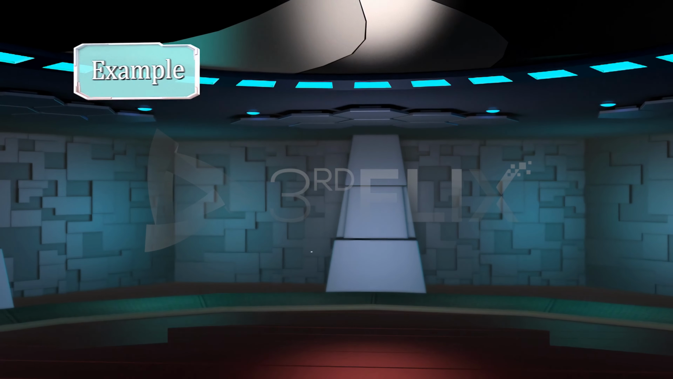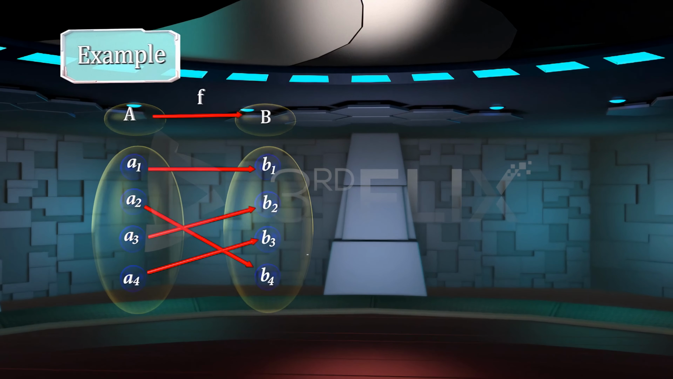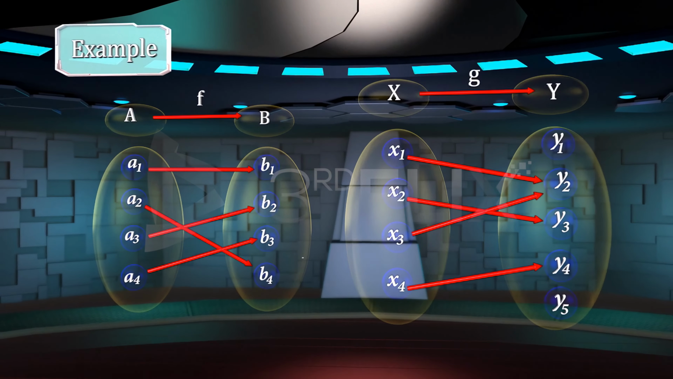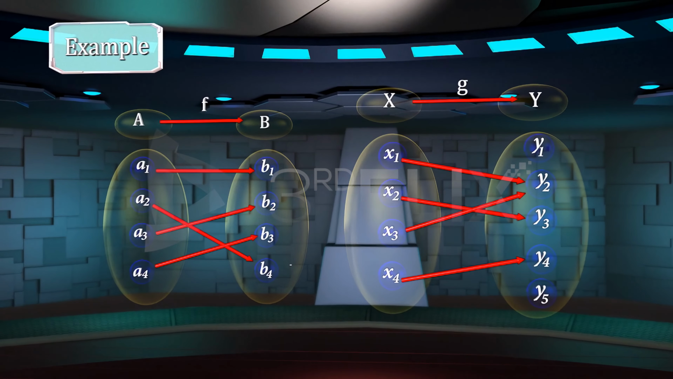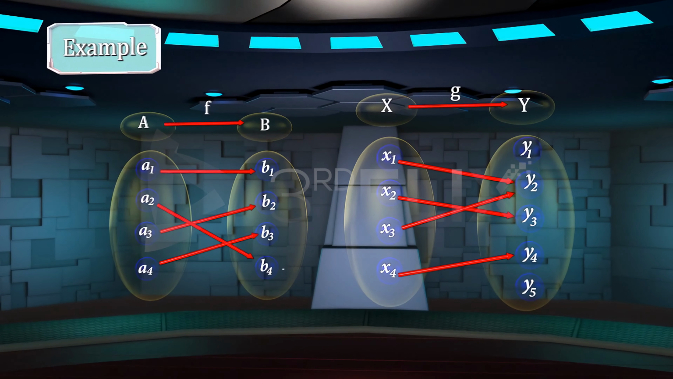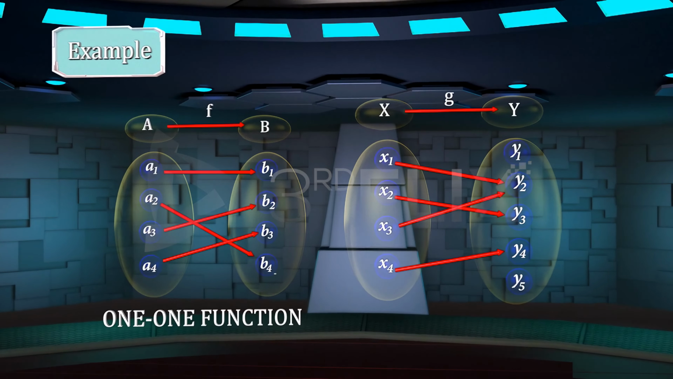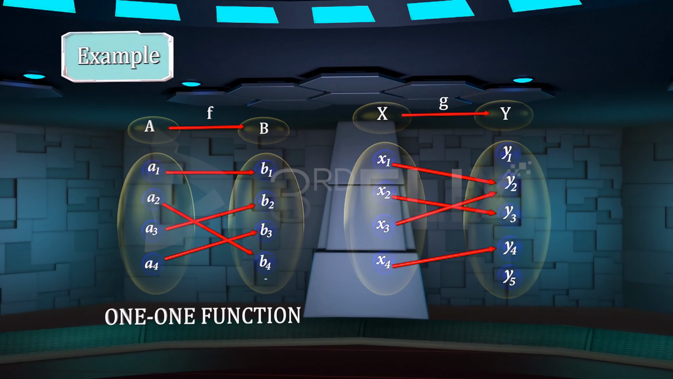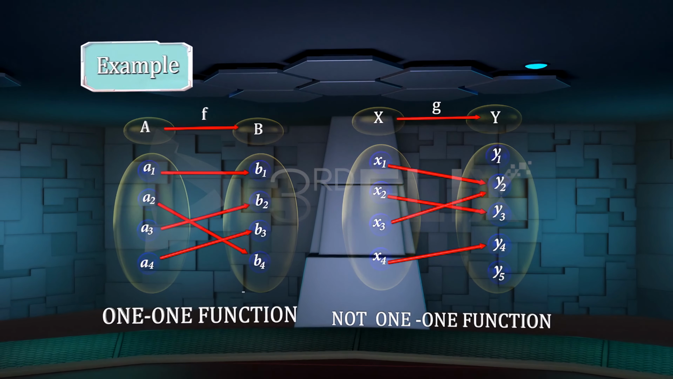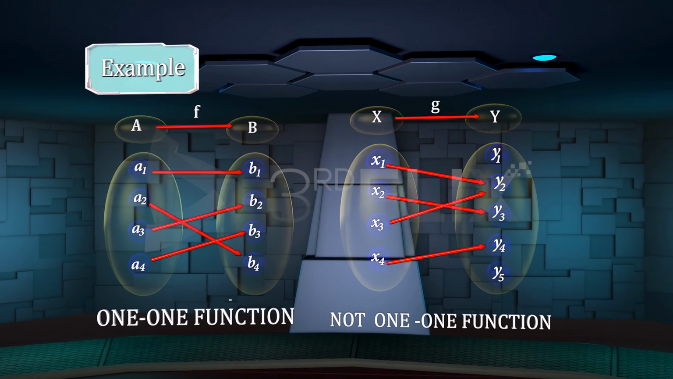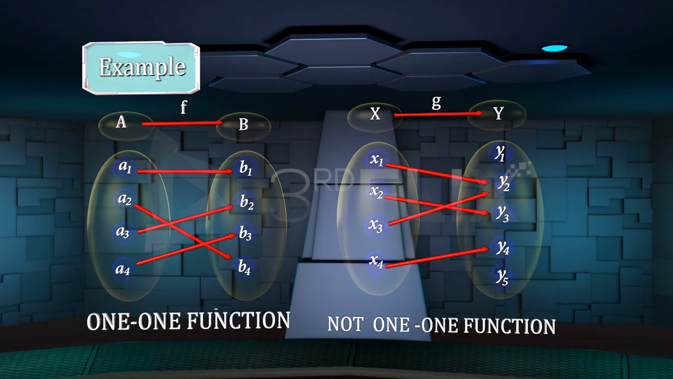Example: let f maps A to B and g maps X to Y be two functions. Clearly, f maps A to B is a 1-1 function. But g maps X to Y is not a 1-1 function because two distinct elements x1 and x3 have the same